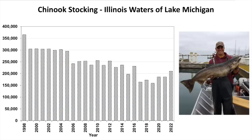Focus a little bit on Chinook salmon. That's really the prize fish out there. You can see, they're big fish. They grow fast, kind of a super predator out there. This fish is getting this size in 4 years in the lake. To get that big, they have to eat a lot of fish, and these guys eat alewife